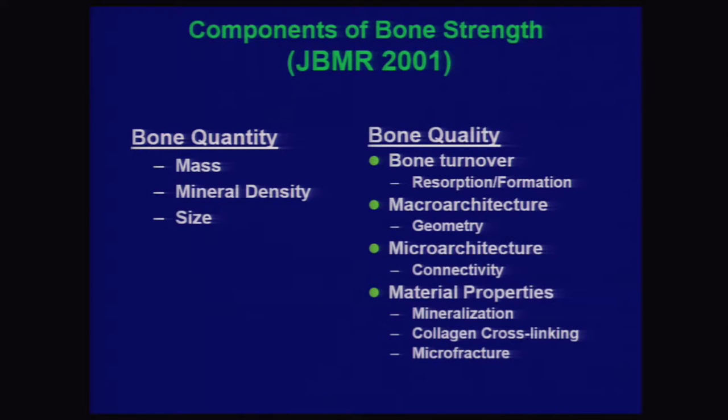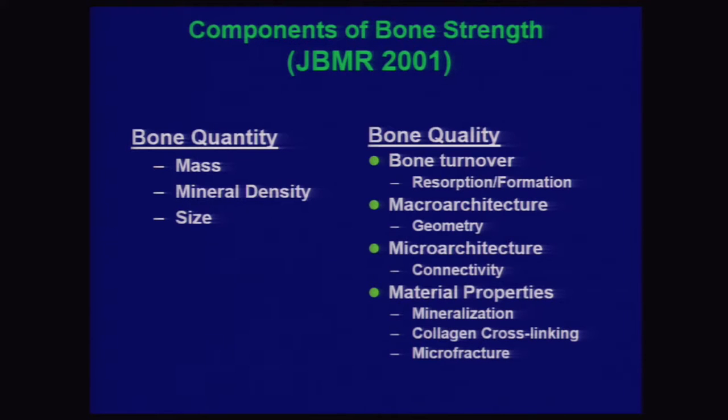So that gets us back again to what is bone strength. And the American Society of Bone and Mineral Research has defined this as a combination of quantity and quality. So once again, quantity, we measure the mass of bone by DEXA. Bone quality, as I stated previously, has to deal with bone material properties in terms of bone's turnover, so resorption and formation. Its macroarchitecture, or its geometry, how big is your bone? Microarchitecture, so the structure of the trabecular network, how porous your cortex is, and then other properties of that bone, such as how well it's mineralized,